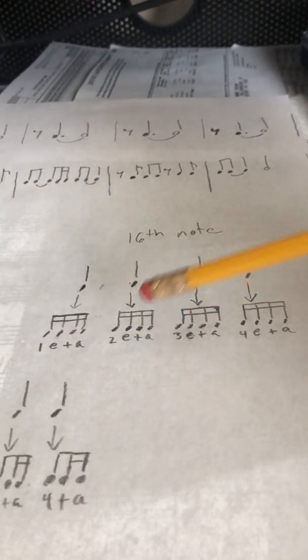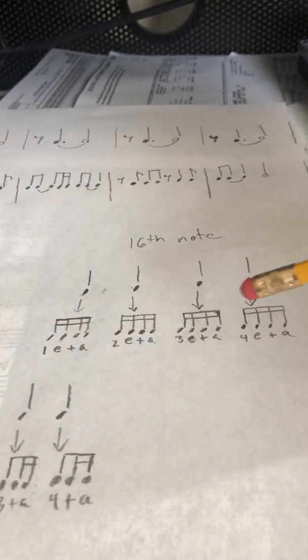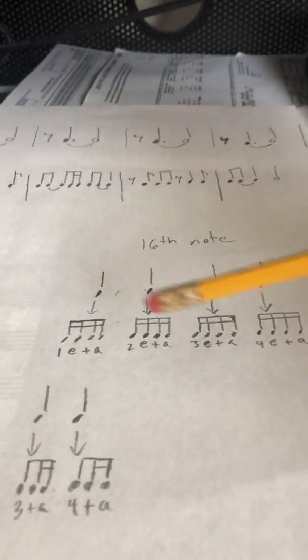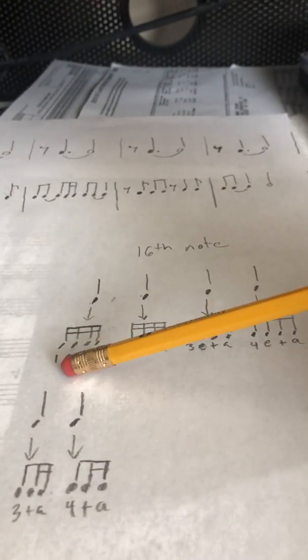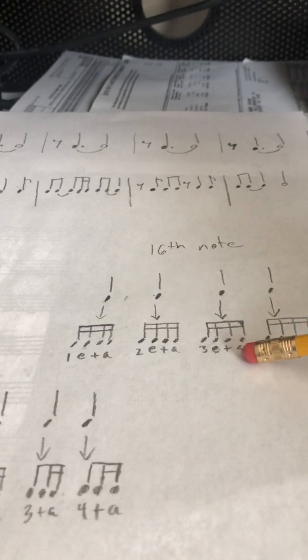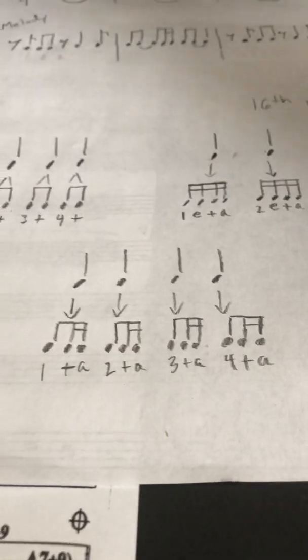1 E and 2 E and 3 E and 4 E and 1 E and 2 E and 3 E and 4 E and. Or if you want to say it by breaking it up into fours, for every one you say 1, 2, 3, 4. But we say 1 E and 2 E and 3 E and 4 E and. Okay, and then down here,